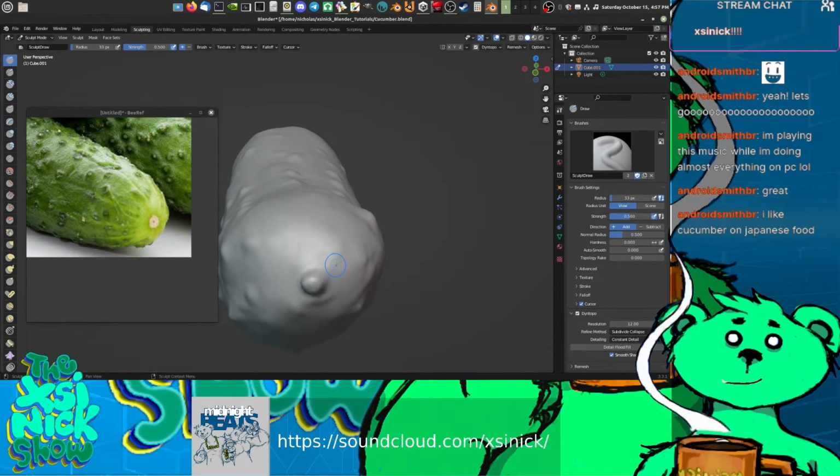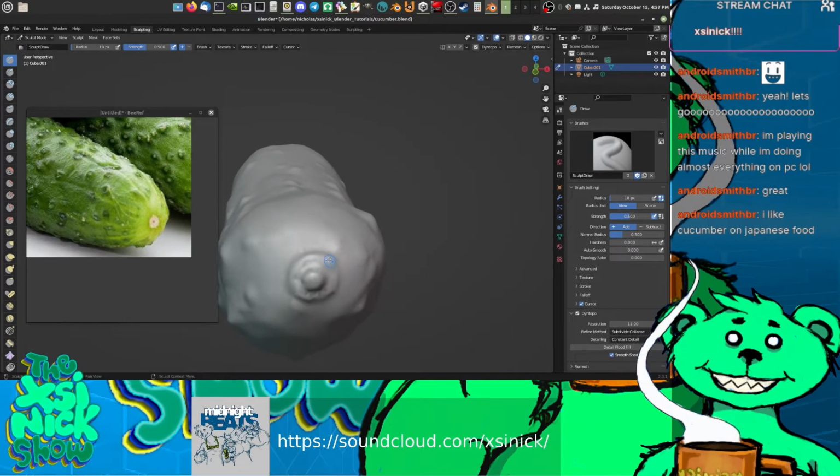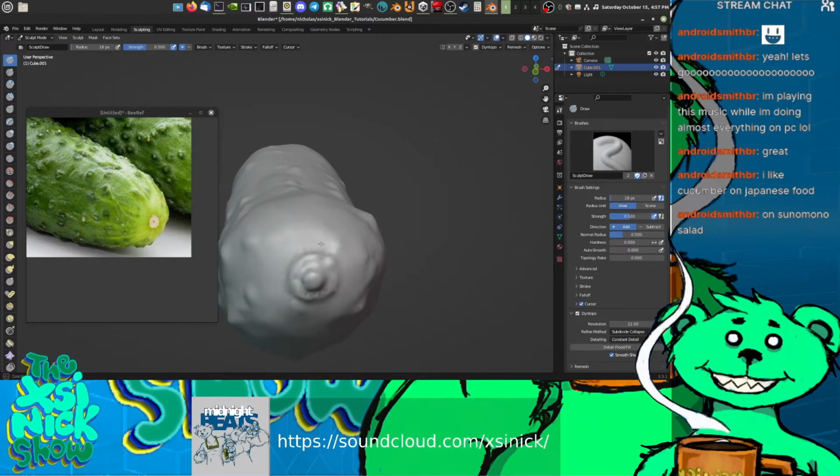I'm gonna make this a little smaller and add a thing around it to mimic this, and then we're gonna pick it. I'm gonna pick the cucumber to give it that look. Alright. And then I'm gonna scrape into it. We don't have to get it that crazy accurate, guys, because